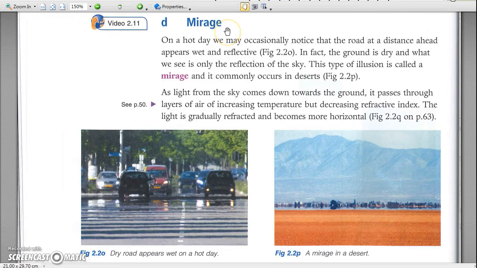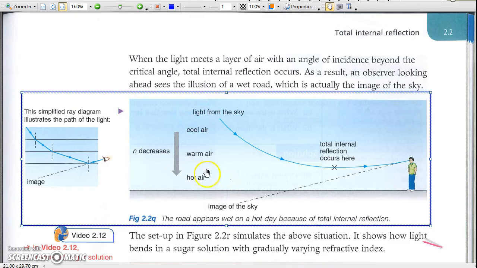D. Mirage. Mirage is common in the desert. The air near the ground is hotter as the ground is hot. Light is refracted successively by layers of air of different temperatures, and is totally reflected to our eyes eventually. The light seems to come from the ground far away, and it looks like a reflection as the image is